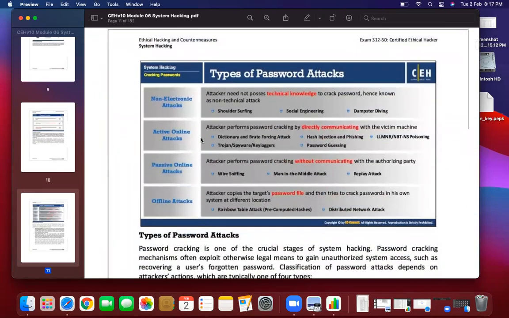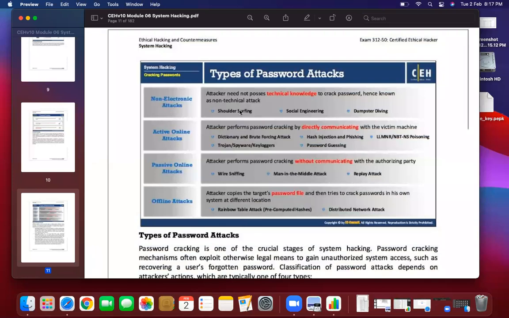Now password attacks are of different types. Generally they are non-electronic, active online, passive online, and offline attacks. Non-electronic means without the use of any software, any computer, any technical knowledge, which includes shoulder surfing.